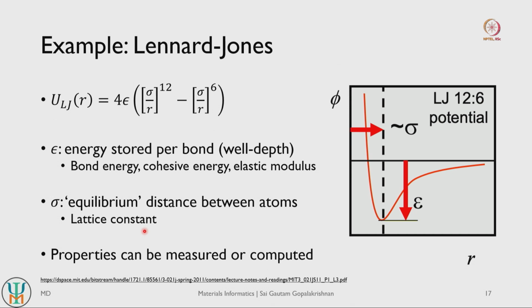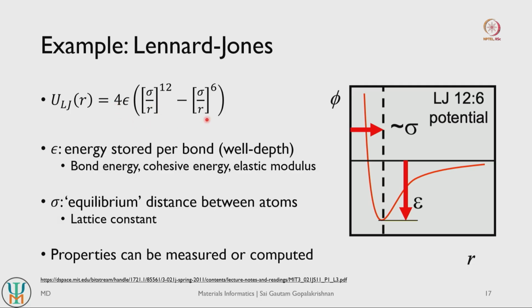So if you have a system where experimentally these quantities have not been measured, you can always compute them with DFT and use that to parameterize your sigma and epsilon terms, right. So this is the case for the simple Lennard-Jones potential. As you keep increasing the complexity of your interatomic potential, you will have more and more learnable terms, so you will need more and more known properties of your system that you would need to fit those